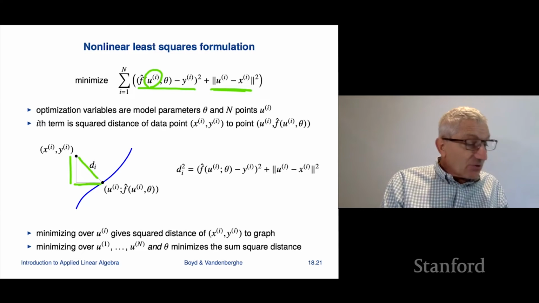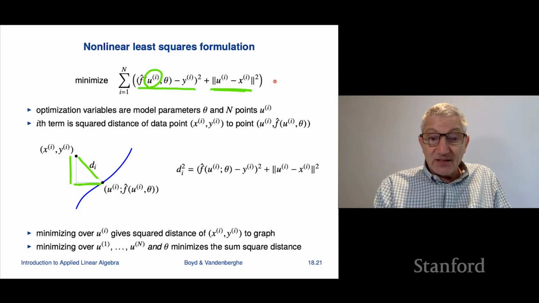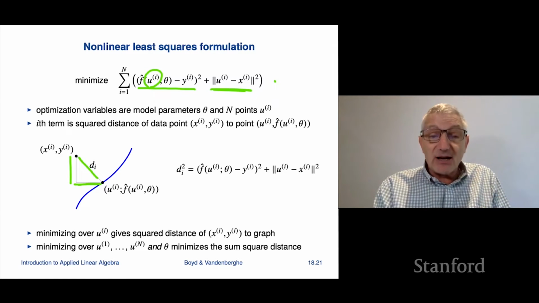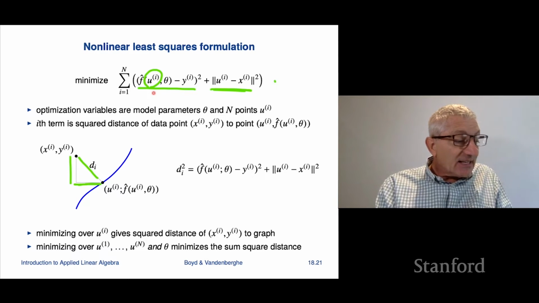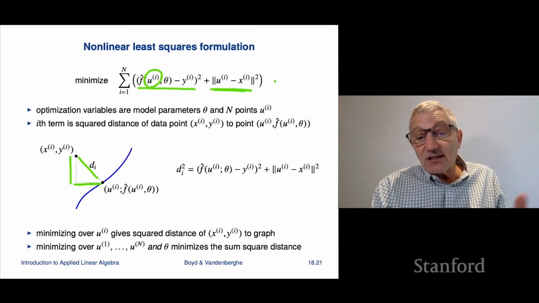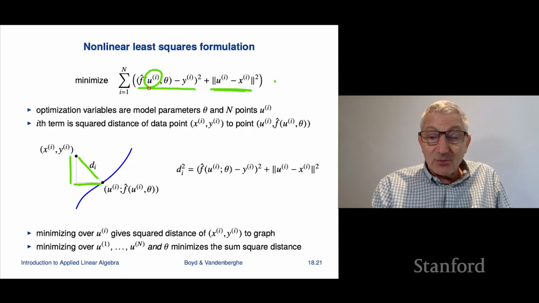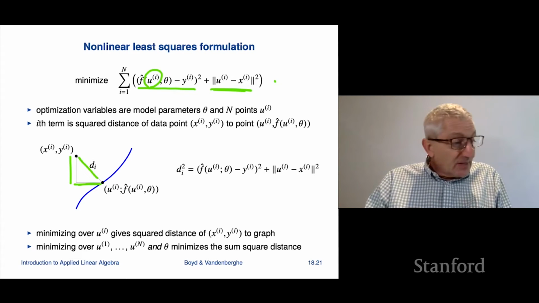squares. So here, we're going to optimize in this problem over the following variables: theta, the model parameters, and ui. By the way, even if theta enters linearly into f hat, so it's a linear in the parameters model, this is still a nonlinear least squares problem because we also have the ui's there, which we're allowed to mess with. Okay,